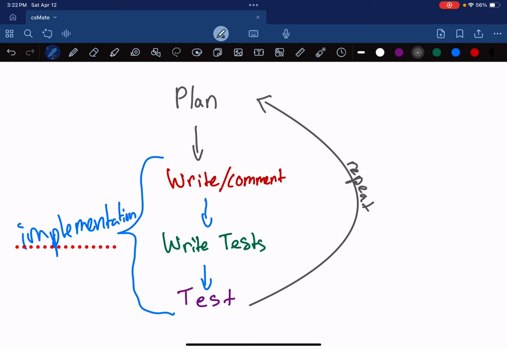So, for example, say I'm writing a class like we said. First, I might write the constructors, then the getters, then the setters, because the setters might change the structure of the class depending on what kind